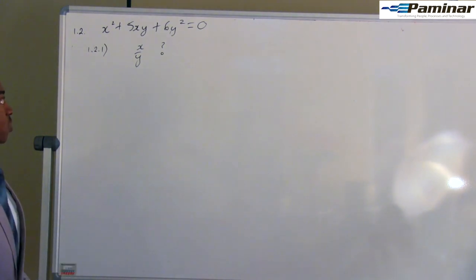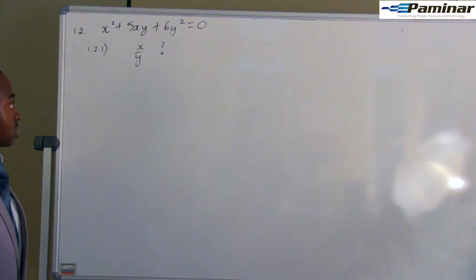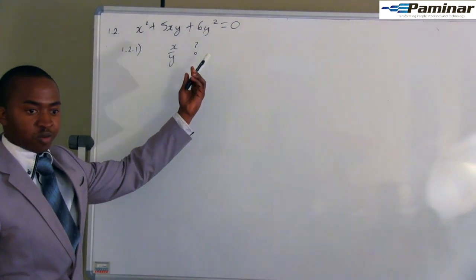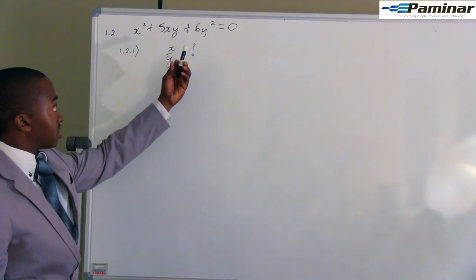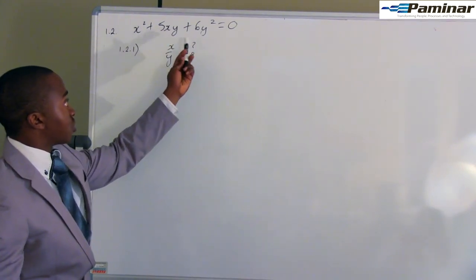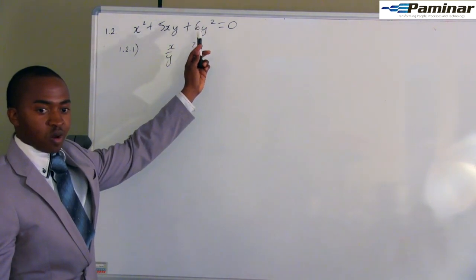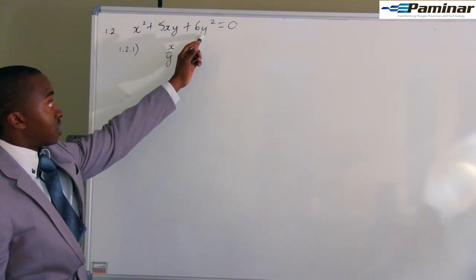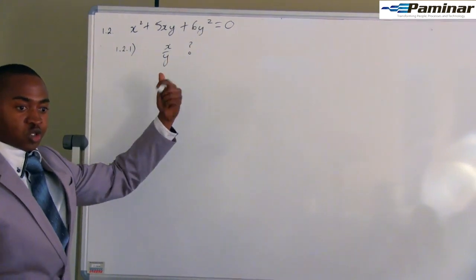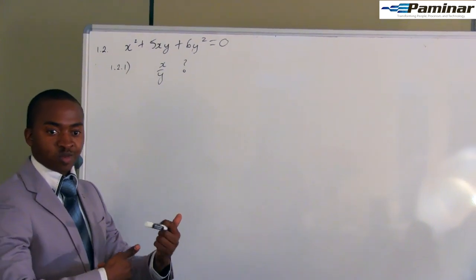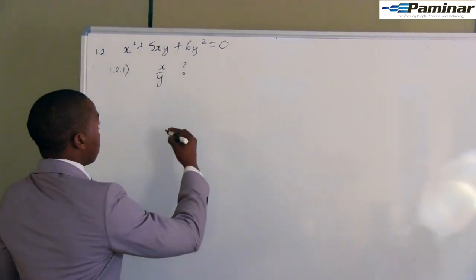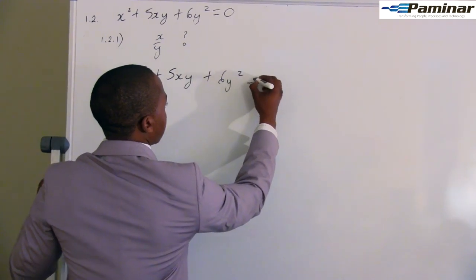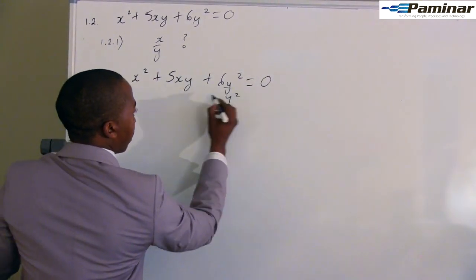So most of you might ask, okay, where do I even start with this question? Simply, you can see there is no x over y yet, but there's nothing stopping you from creating an x over y. You can simply create an x over y by dividing through each term by y squared. That term you divide by y squared, that term you divide by y squared, and that term you divide by y squared. Why are we doing that? We're trying to bring the y underneath the x, because they're working with x over y. So, if we've got x squared plus 5xy plus 6y squared is equal to 0, let us divide by y squared,